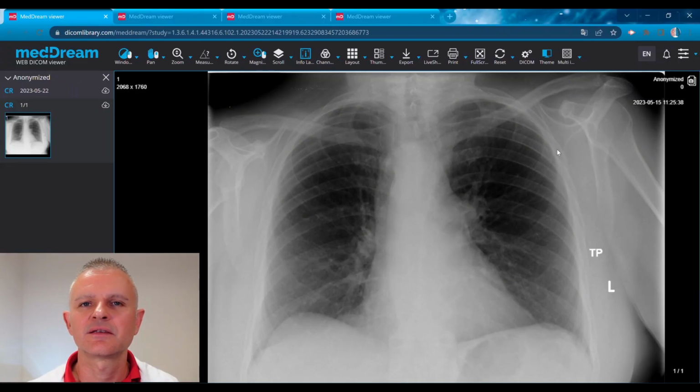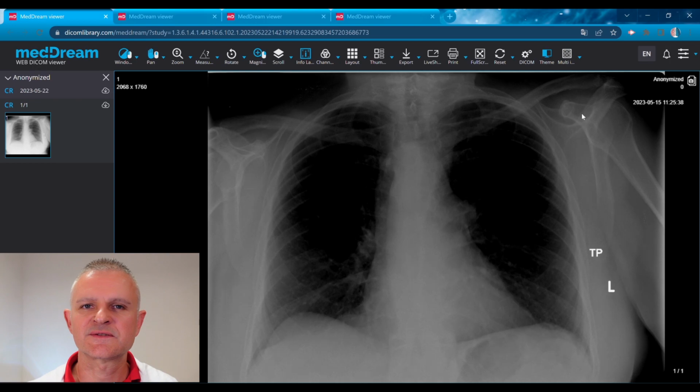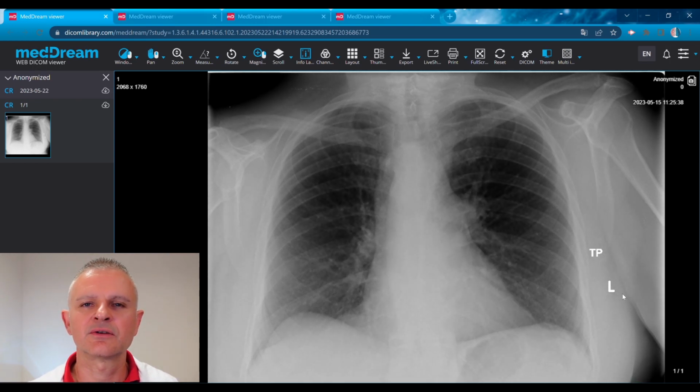My name is Dr. Sekai, and today I'm bringing you two cases, both of which involve anatomical variations. Here's a 68-year-old female who underwent a chest radiograph prior to a knee replacement surgery. I'm going to give you a couple of seconds so that you can take a look at the image on